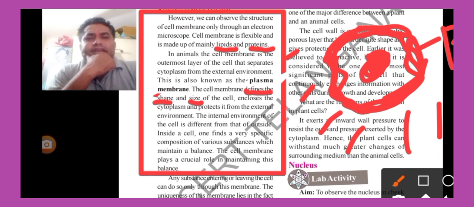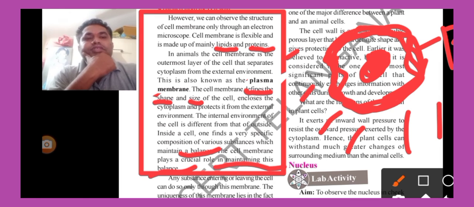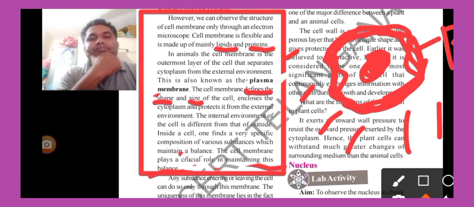And the internal environment of the cell is different from that of the outside. Inside a cell, one finds a very specific composition of various substances which maintain balance. So this is also most important. The cell membrane plays a crucial role in maintaining this balance. This is also most important. It maintains the